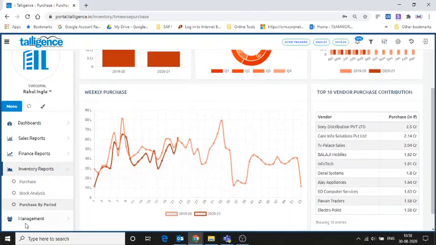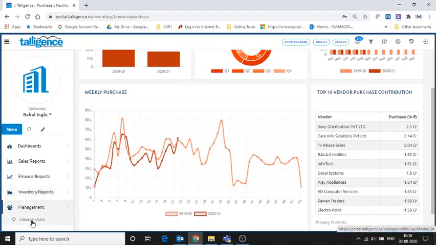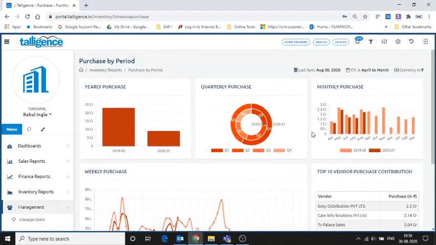The next report is management, where you can manage users for your intelligence. For example, if there are 3 directors and 2 C-level executives, you can accordingly manage their access to the intelligence. See you in the next video, where we will deal in detail with how to read the dashboard, how to read the tiles, and how the tiles are touch sensitive, how you can have your account payable and receivable within a fraction of a second, at your fingertip basically.